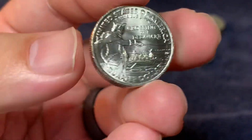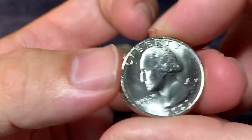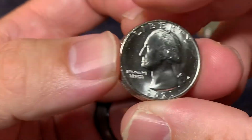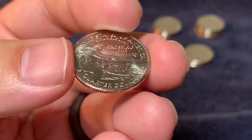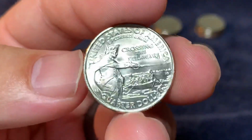Okay, that's already been talked about. It's already been passed through legislation. So we will certainly see that coin, however it turns out. Personally, I'm excited to see what kind of inspired design that they're going to do. Honestly, I mean,